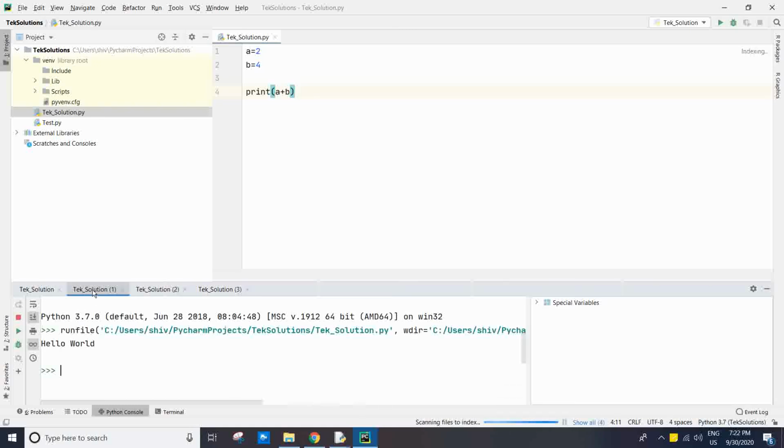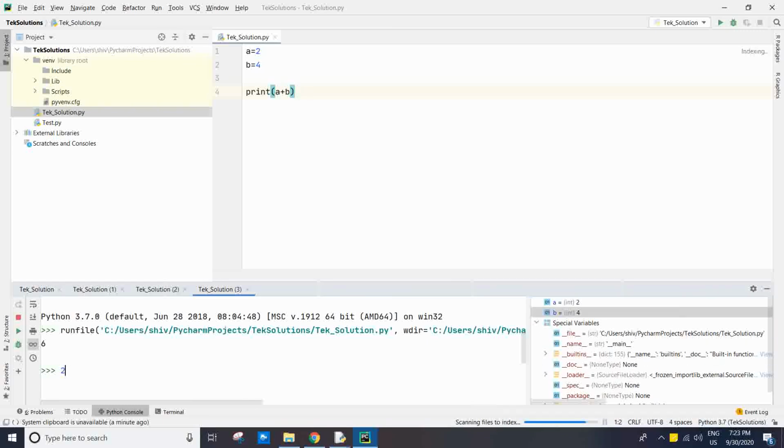You see the TechSolution 1 is hello, the second time run hello tech solution, and the third time the result is 6, right? 4 plus 2 is 6, you see it here. Variable a is equal to 2, b is equal to 4.